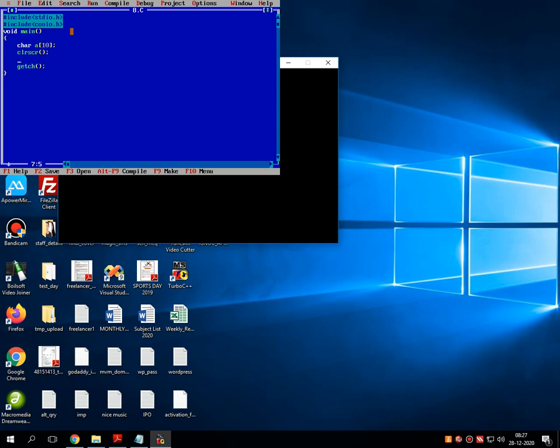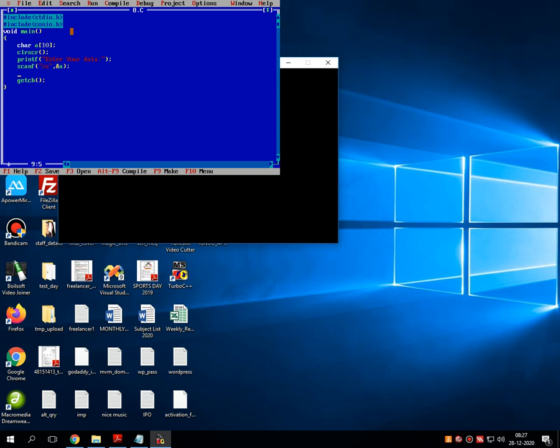Then after the clrscr statement, I am using one printf statement which instructs the user to enter their record, that means enter your data. Once this message comes, the scanf statement will read and store that information inside the variable called A.